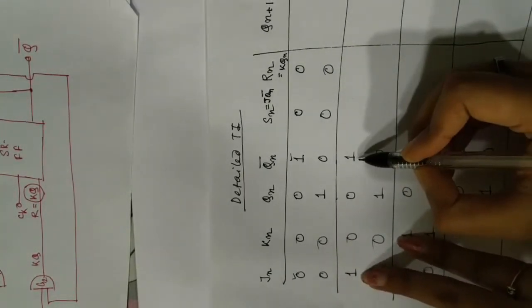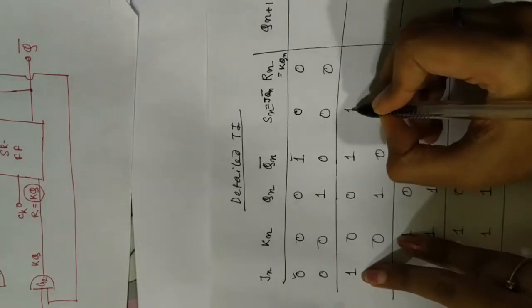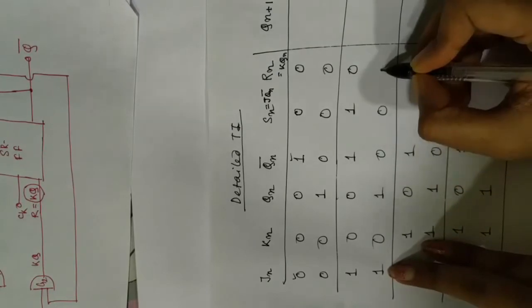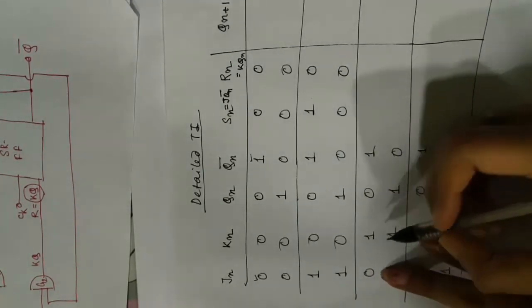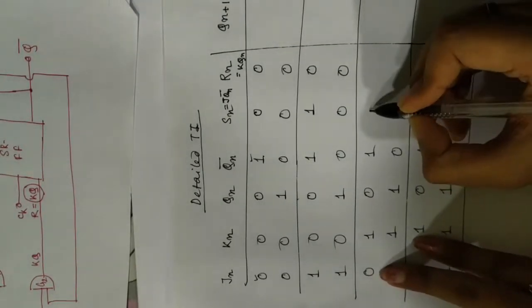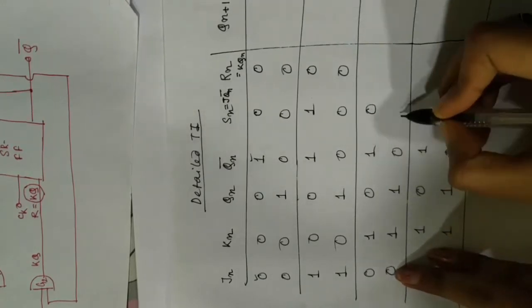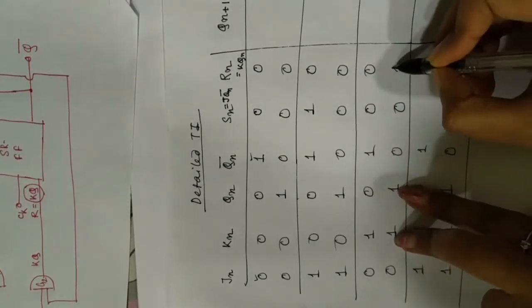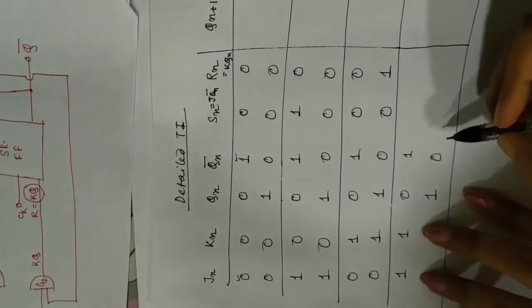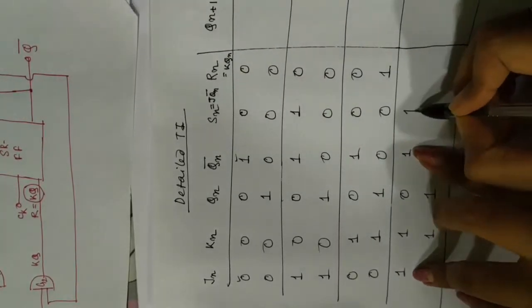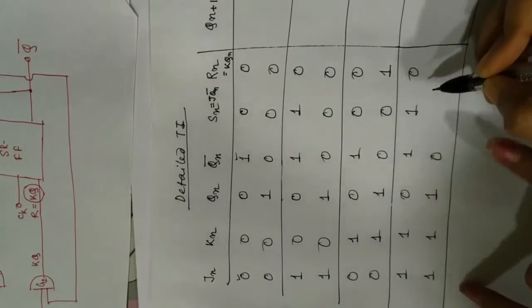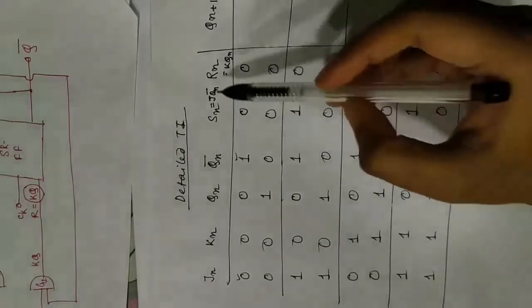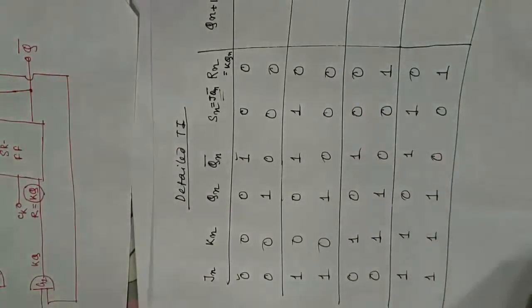Over here you have this J Qn bar gives you a 1, this gives you a 0, this again gives you a 0, this gives you a 0, fine. You have J and J is a 0, so this gives you 0, and these both are 0, so you get a 0 over here. Over here you get 0, over here you get 1. This 1 1 gives you a 1, 1 0 gives you a 0, 1 0 gives you a 0, 1 1 gives you a 1. So we have just found out using this logic expression.